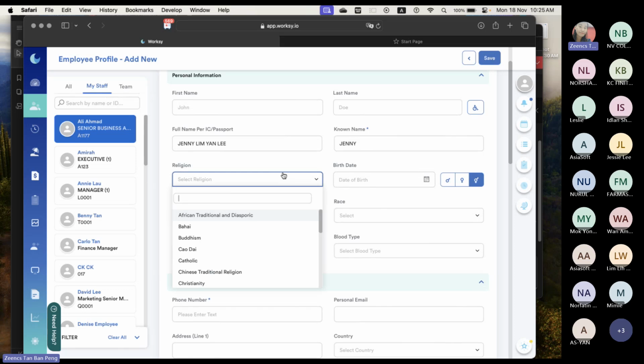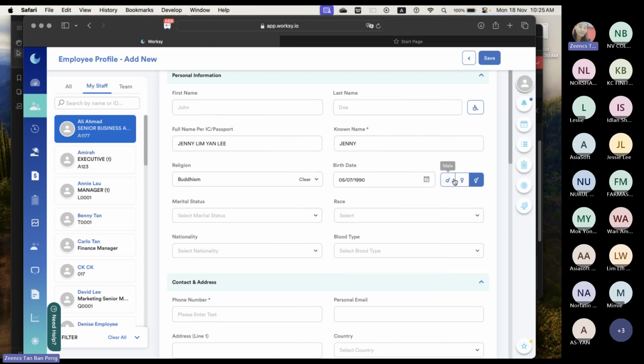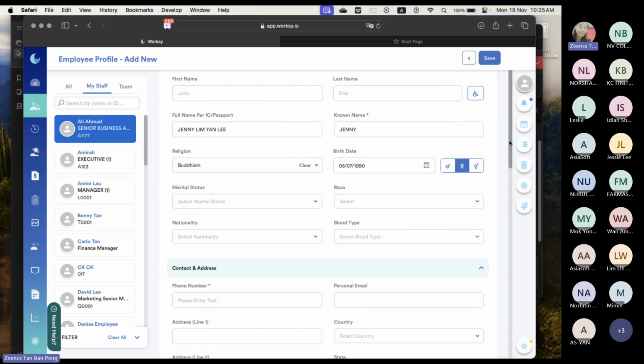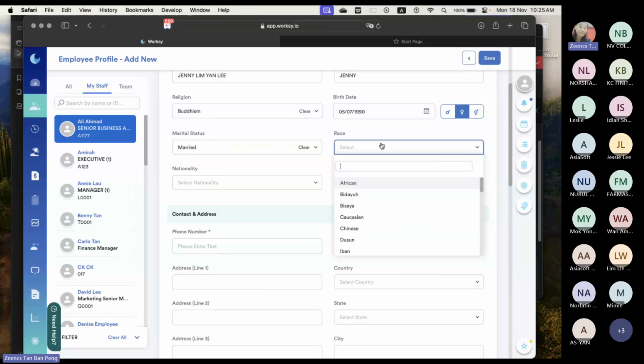Okay, this is your religion. If you are Chinese, then put Chinese. Sorry, it's Buddhism, you put in your Buddhism. This is your birth date, then you put in your birth date. Then this is your gender: male, female, others. If female, then you put it as female. Your marital status, marriage, put in marriage. Race,